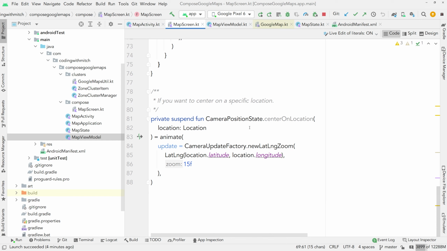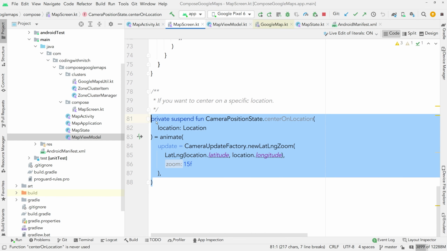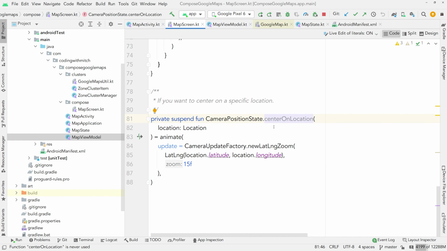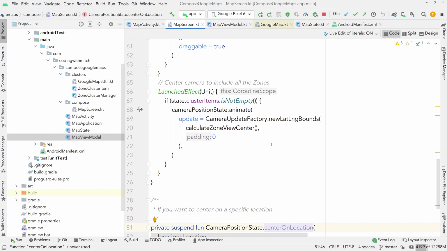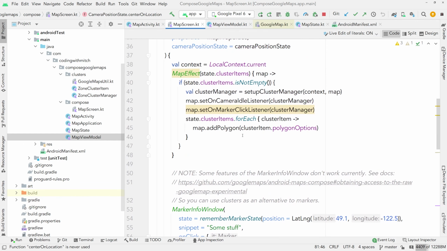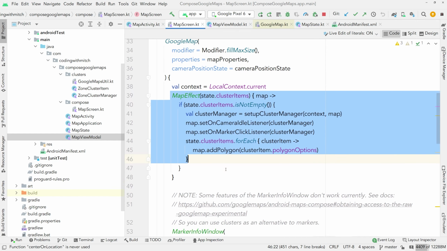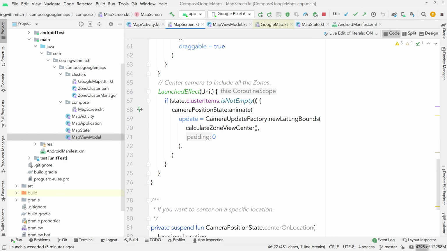I also added another example down here if you want to center on a specific location. So I'm not using this function. You can see it's not being used, but I just wanted to add it here so that you had another example. So before I go back and I talk about this map effect stuff, I think it's probably worth talking